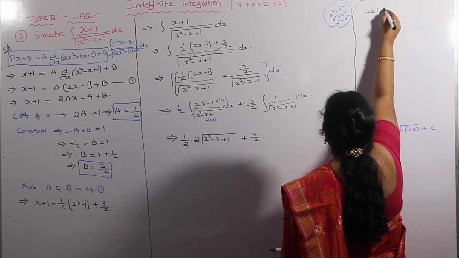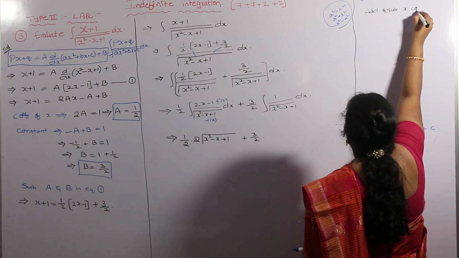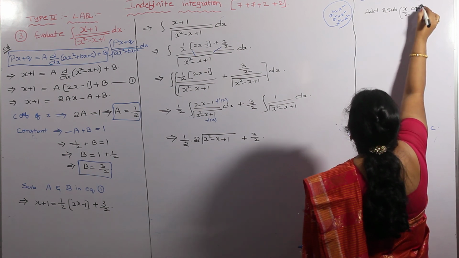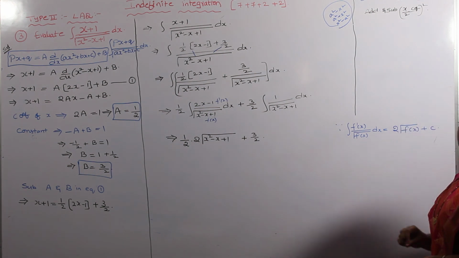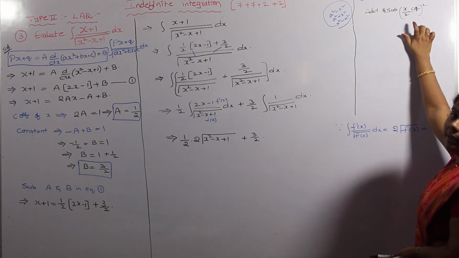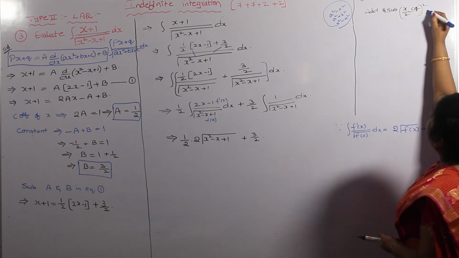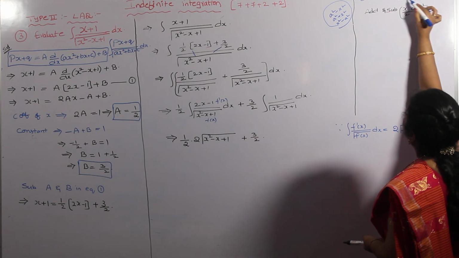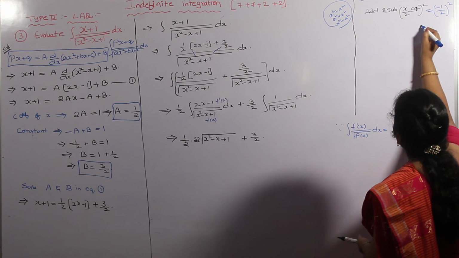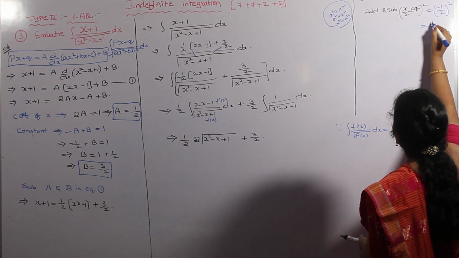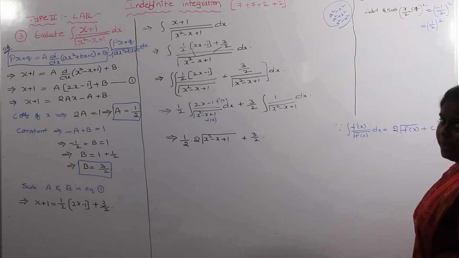Add and subtract the x coefficient by 2 whole square. Okay? Adding and subtracting some number. For finding that number we have the formula. That formula is x coefficient by 2 whole square. Here, what is the x coefficient? The x coefficient is minus 1, so minus 1 by 2 whole square. Minus 1 by 2 whole square can be written as 1 by 2 whole square. Why? Because minus whole square is positive 1. Minus 1 whole square is